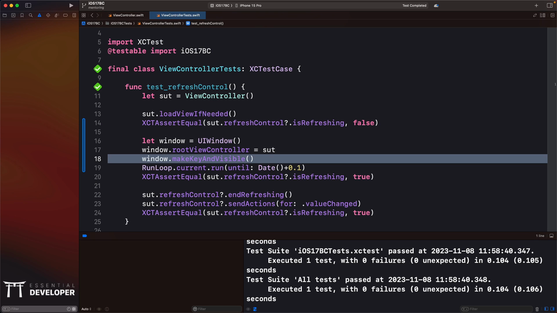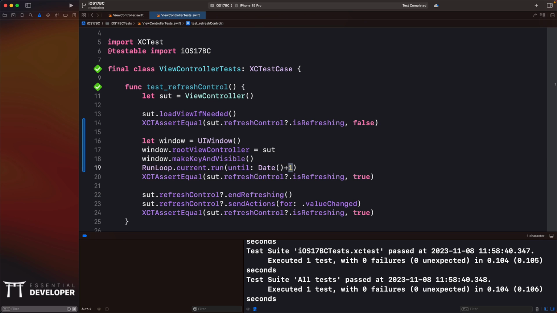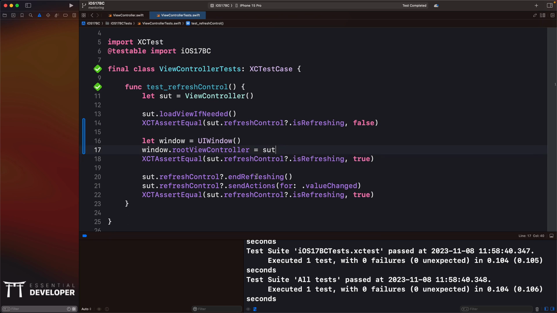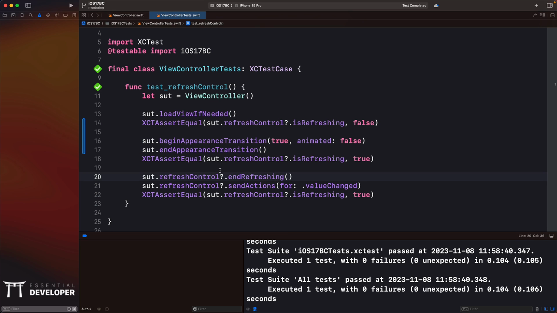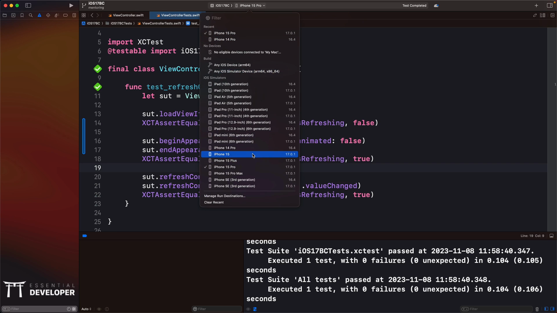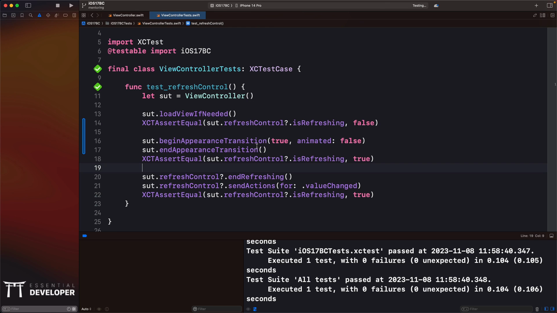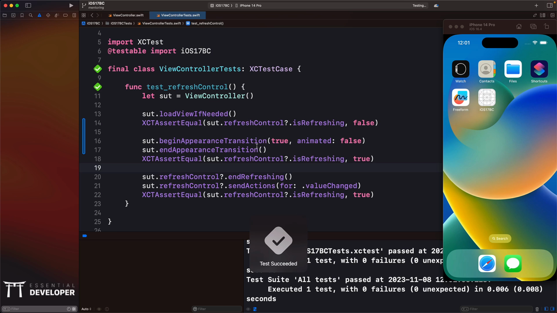Exactly. So ideally, we want this test to be fast, work without delays, without affecting the host app, as it did before iOS 17. We would like it to be like this, without changing any state outside this method. This is what we would expect it to be, like it was on iOS 16 and before. In fact, let's run this test on iOS 16. And it's passing. So it works just fine on iOS 16 without altering any global state.